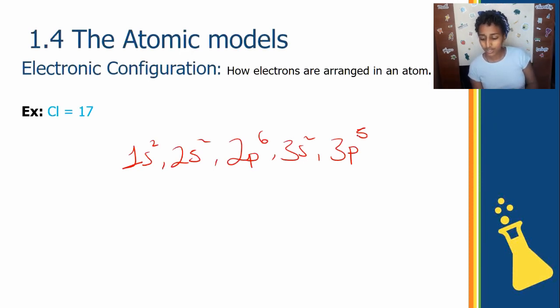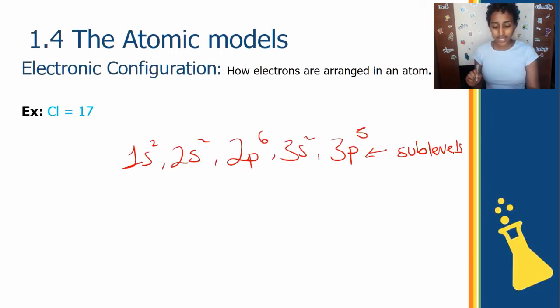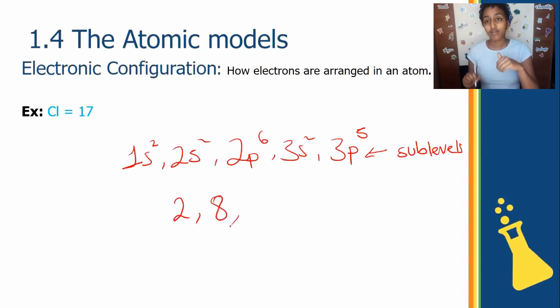This is how you write the electronic configurations when we're talking about the sub-levels. If you want to write it in terms of the energy levels, okay, just look at each principal quantum number. So let's start with 1. How many electrons do we have in 1? Only s2, so only 2 electrons, okay? What about in the second energy level? We have 2s2 and we have 2p6, so we have 6 and 2, we have 8 electrons, okay? Finally, we have the third principal quantum number, we have 3s2 and we also have 3p5. 5 plus 2 is 7, okay?